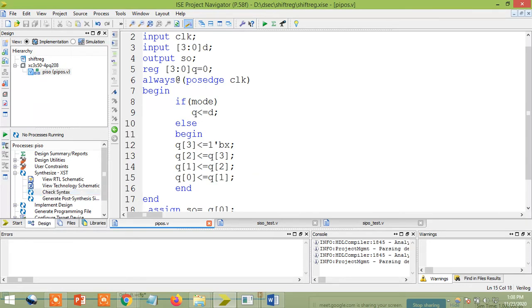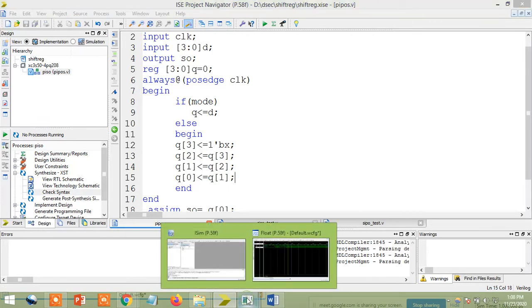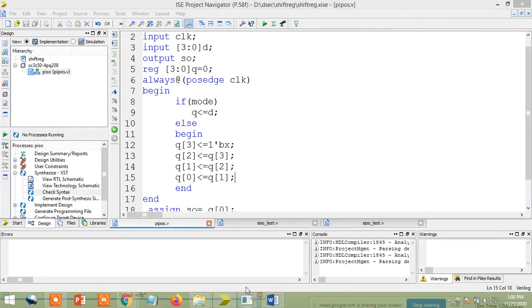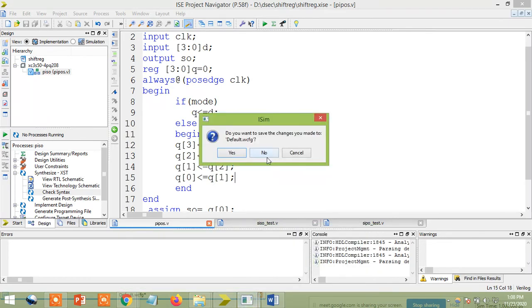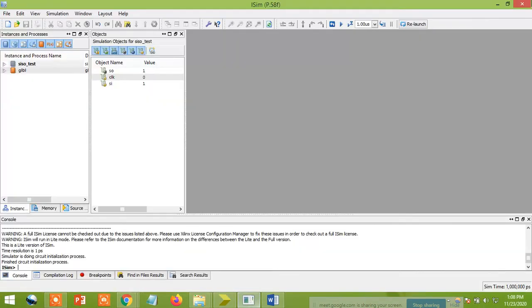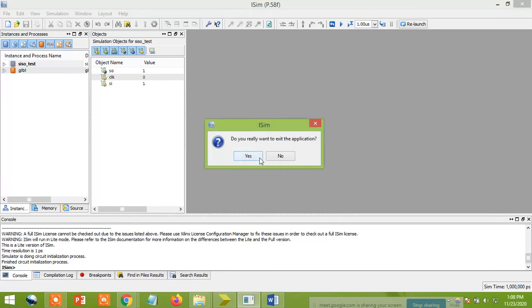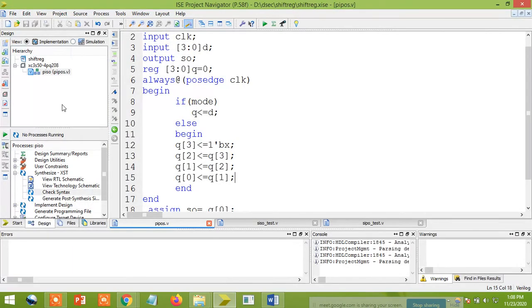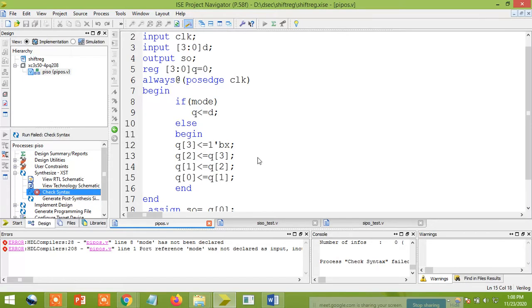Just save, and make sure that the previous program is closed. Waveforms. Okay. So check syntax. Errors are there, just check it out.